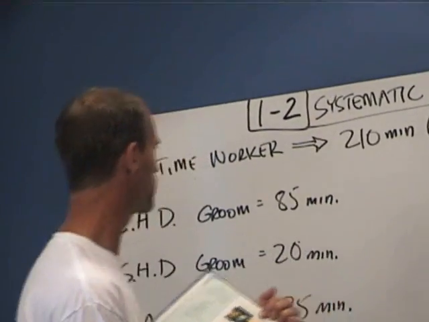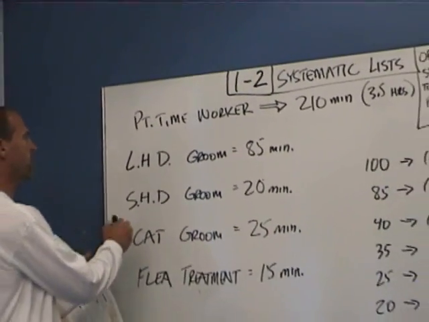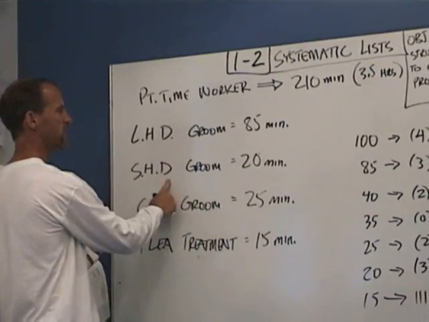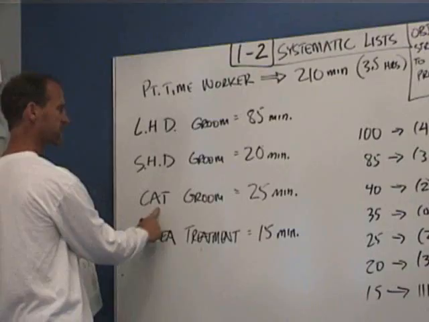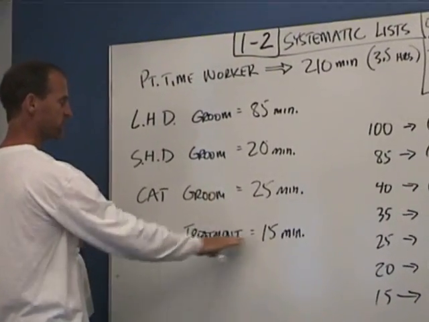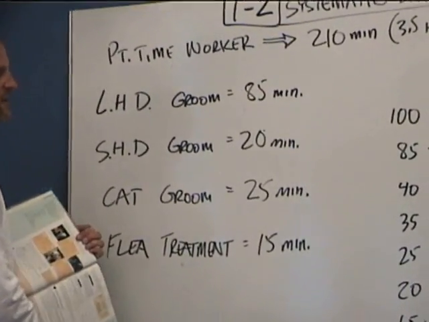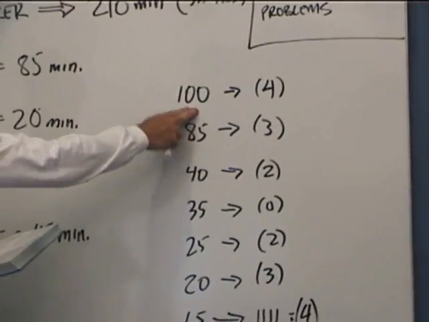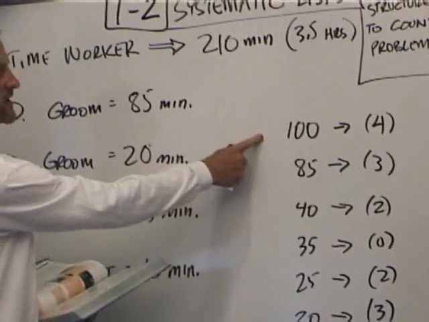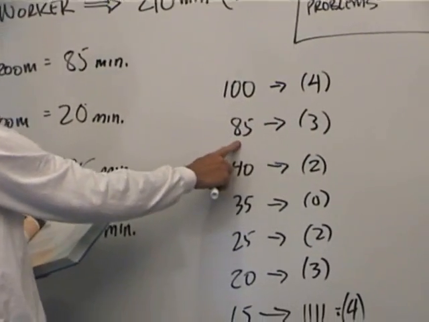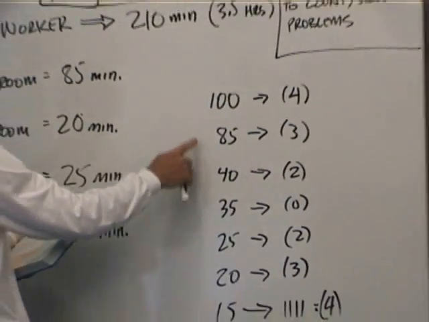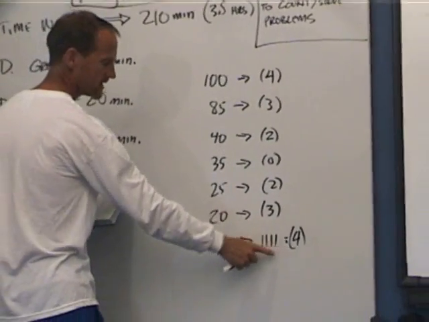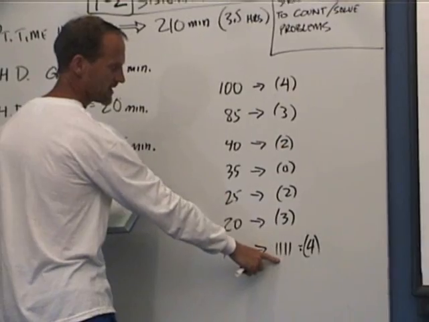Anyway, I've made my own little systematic list just to help you understand the problem. Long-haired dogs take 85 minutes to groom. Short-haired dogs take only 20 minutes. Cats take 25. And then just the plain flea treatment takes 15 minutes. And then the longest you could possibly spend on any one animal is the long-haired dog with the flea treatment. There are 4 of those. 85 minutes on long-haired dogs only, and so on. The various combinations getting you down to a variety of different animals that I kept tallies that were just getting